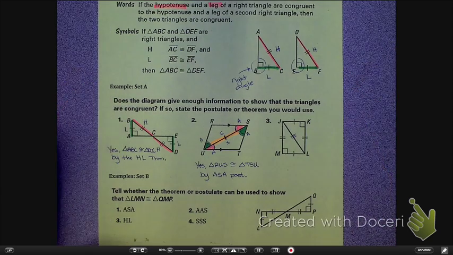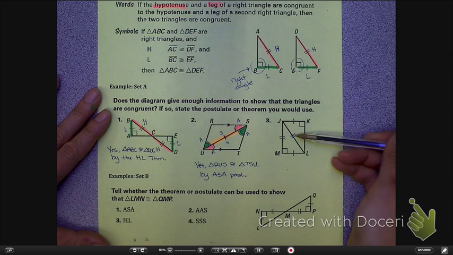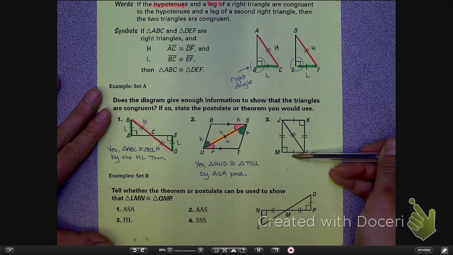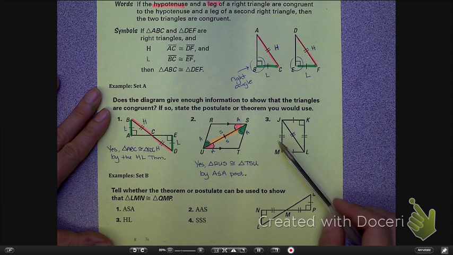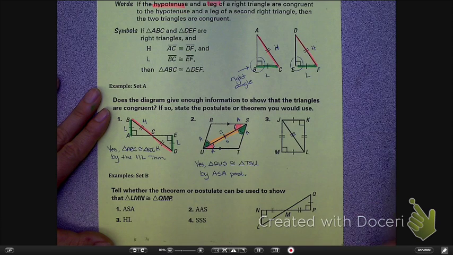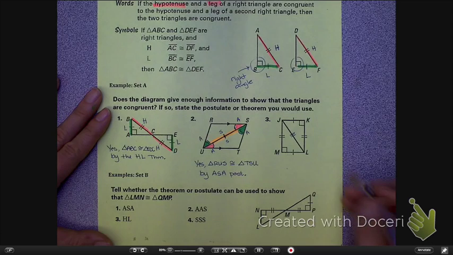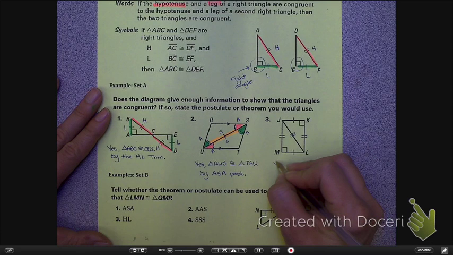Now, there's actually a lot of different reasons why you could say these 2 triangles are congruent. You could say they're congruent because of hypotenuse leg. You could also say they're congruent because they each have side, side, side. Or you could even say they're congruent because they have side, angle, side. So a lot of different reasons here, but since the new one we're learning about is hypotenuse leg congruence theorem, I'm going to say that's the reason why. So yes,